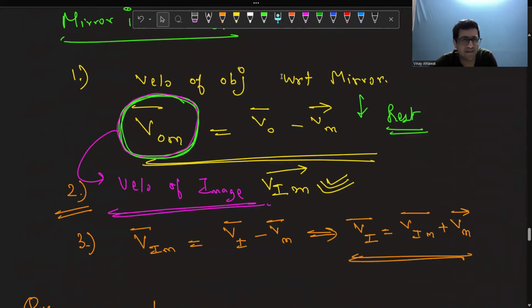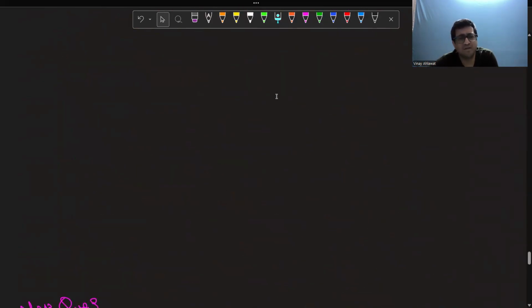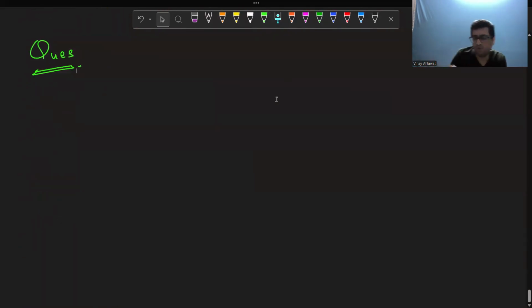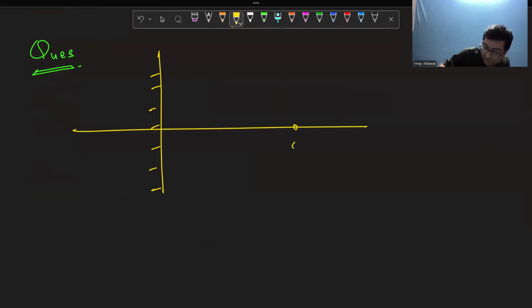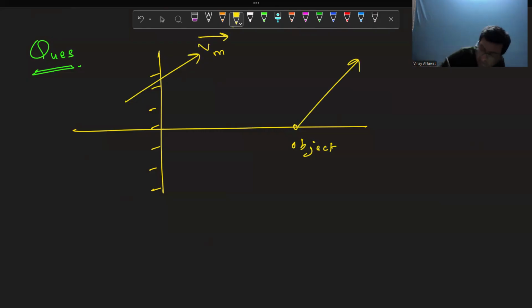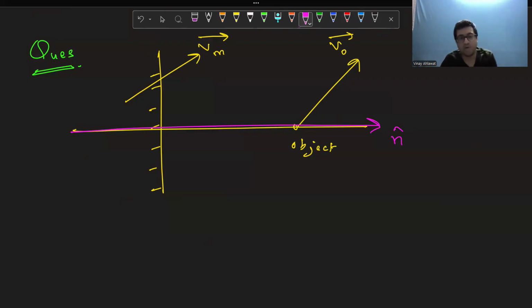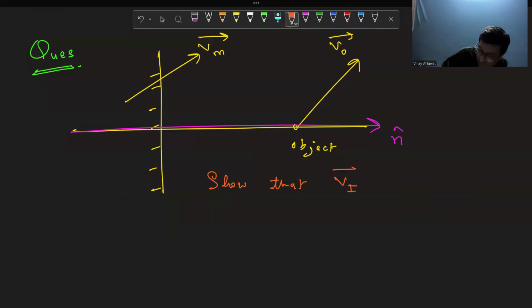That was one thing. What else can come in velocity of image? Maybe let us do this question, and maybe it will be too tough for you. Suppose this is a mirror and this is an object. Velocity of mirror is given to be Vm vector, velocity of object is given to be Vo vector, and the normal to the mirror, unit vector, is given as n cap vector. Show that velocity of image in vector form is